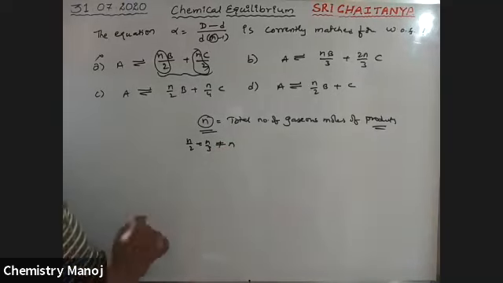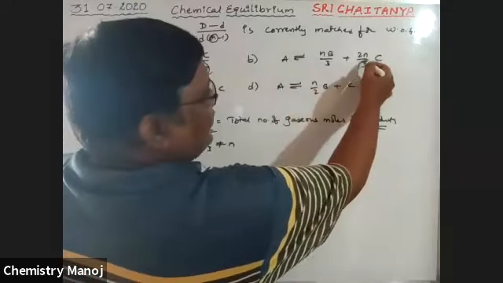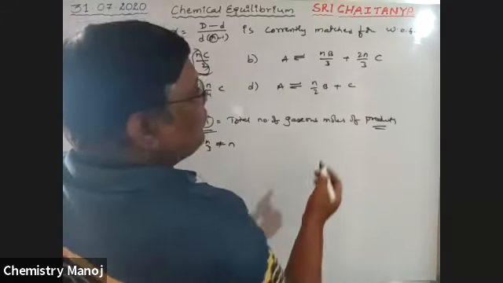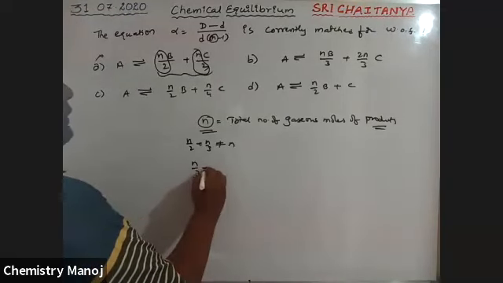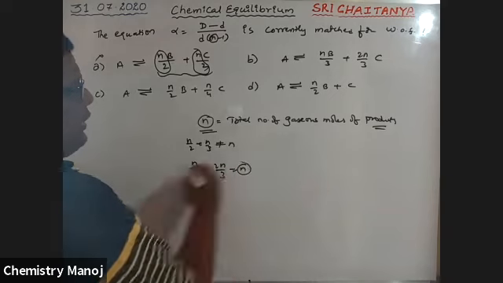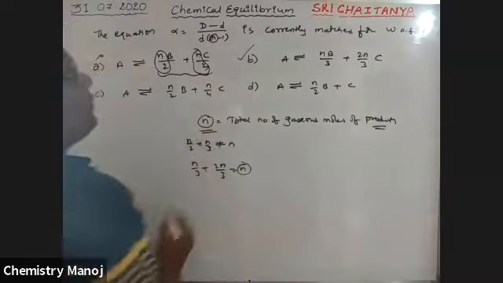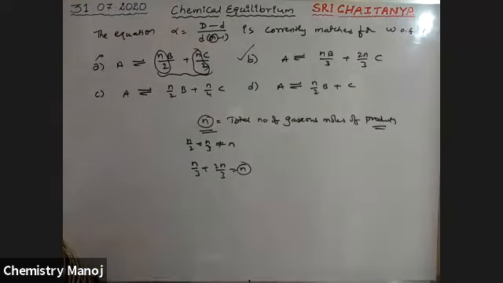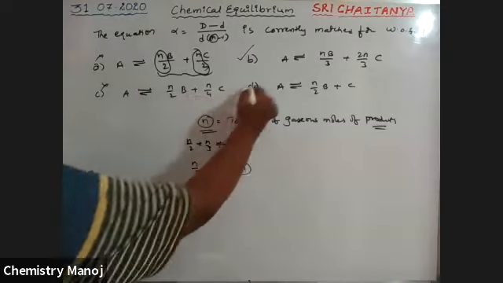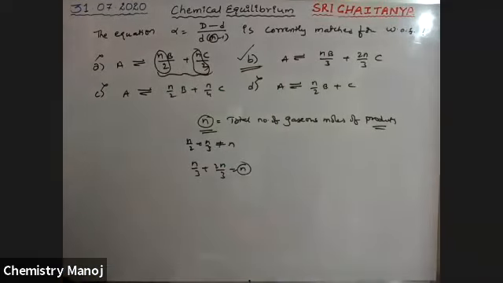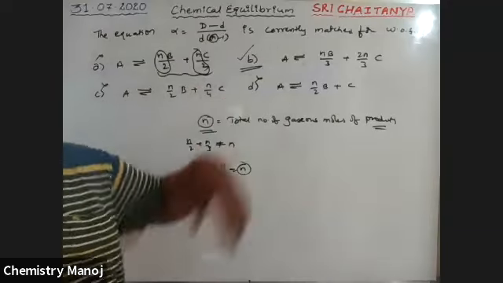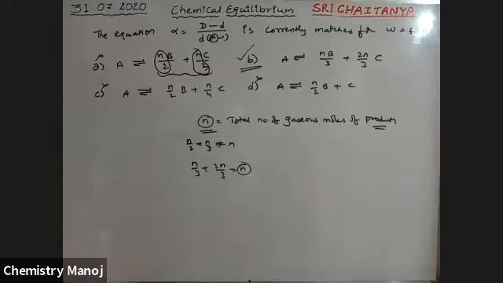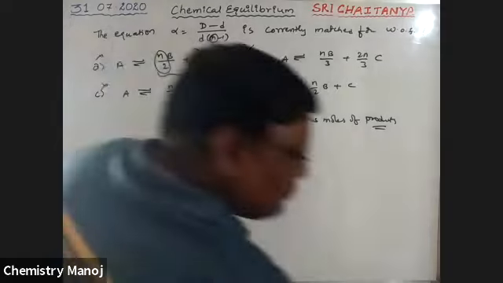Yes, correct, Rohan. You are also. Next, it is n by 3 and 2n by 3. For B, n by 3 plus 2n by 3 is equal to n. Therefore, this is applicable. The n by 2 options are not applicable, and this one also is not applicable. Our answer is B. The total number of moles should be equal to n. That is the formula, applicable only for that one. Next one.